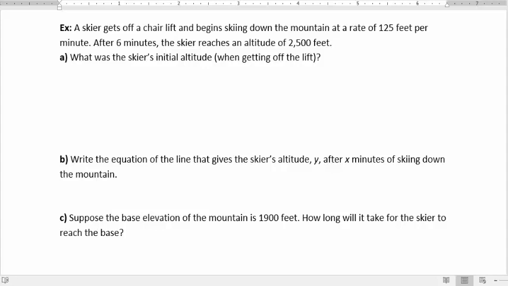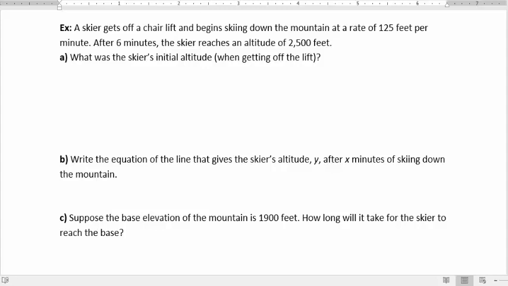Okay, so continuing with our linear function application problems, the first couple that we did, we were given the equation and we just had to basically do the interpreting of the slope and the intercepts. Now we're actually going to have to come up with the equations on our own from the given information. So the last time we had a mountain climber going up a hill, now we have a skier going down